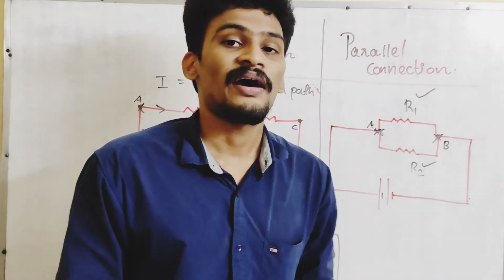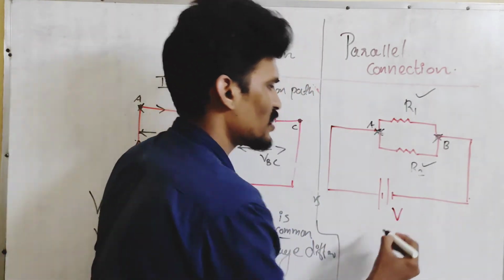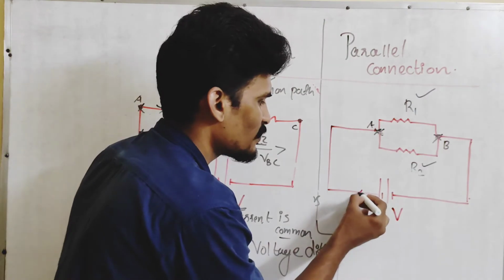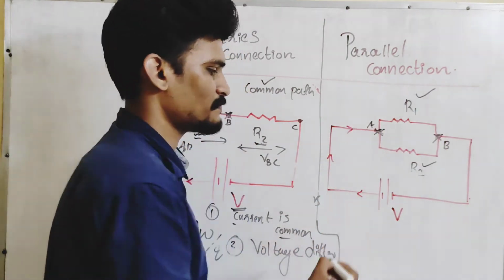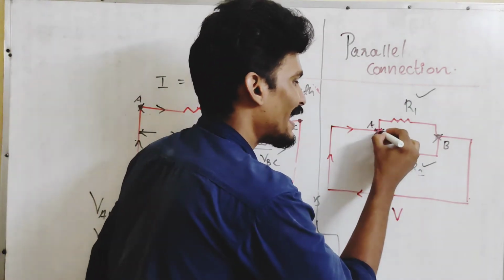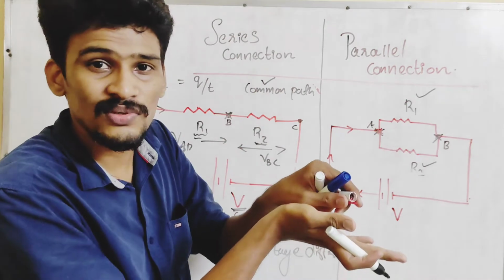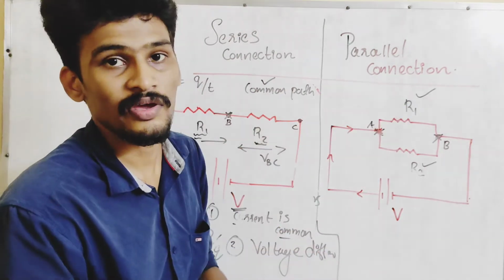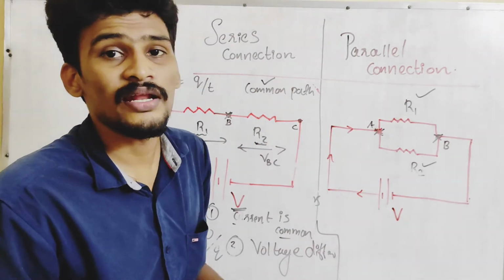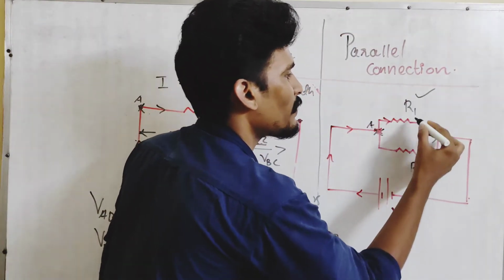Let us talk about the parallel connection. As you can see, let V be the voltage applied in the circuit. As a result, I amount of current is flowing in the circuit. When the current reaches the point A, what is the tendency? As you can see, it's splitting. The path is actually splitting into two different ways. So definitely the current has a tendency to move in different paths. So of course the current will flow in different paths, right?